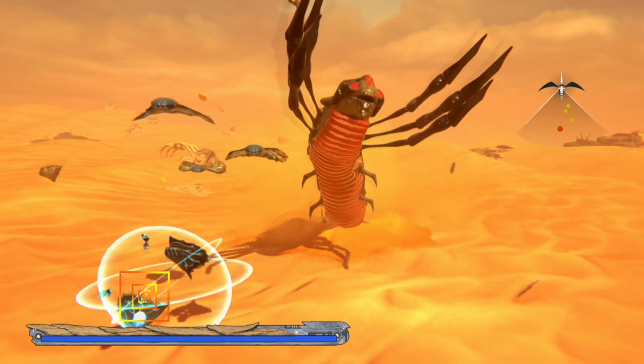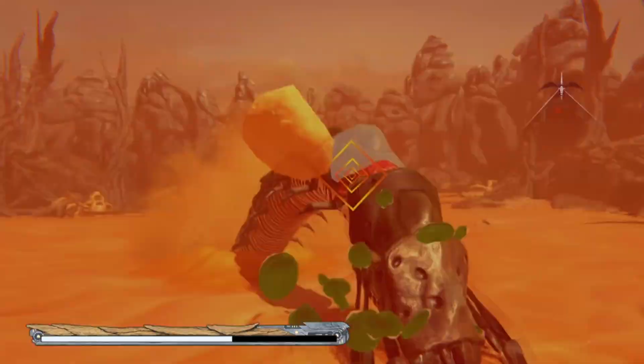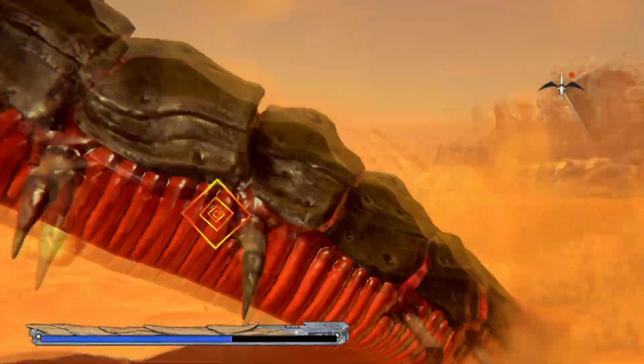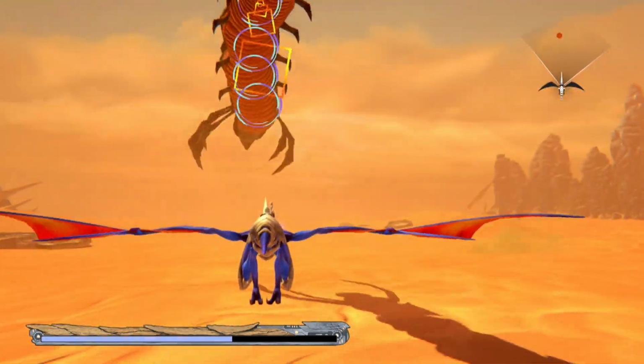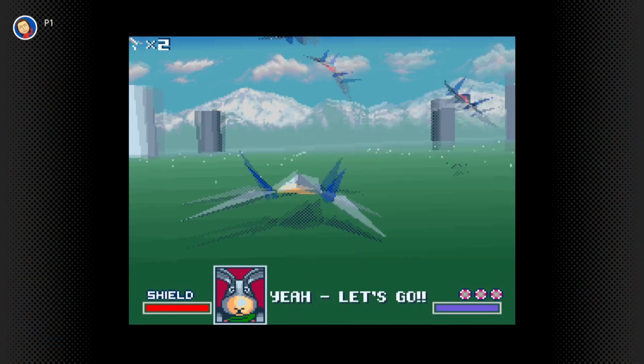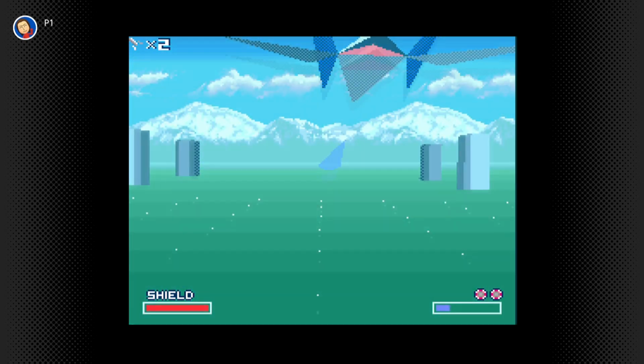All 7 of these stages progress pretty much the same. You move around all of these 3D areas, avoiding obstacles as you go along and fighting enemies with your laser gun until you reach the end of the stage and have to challenge a boss to proceed to the next. As I said earlier, it's pretty much the same formula as the old Star Fox games